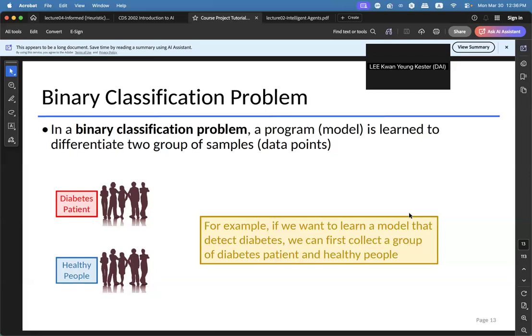And we are doing the same here. We build a program that can differentiate diabetes patients from normal people, and we do so by comparing their physical properties.